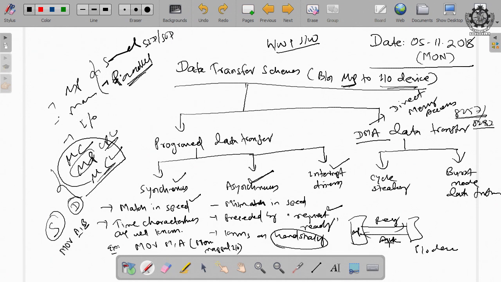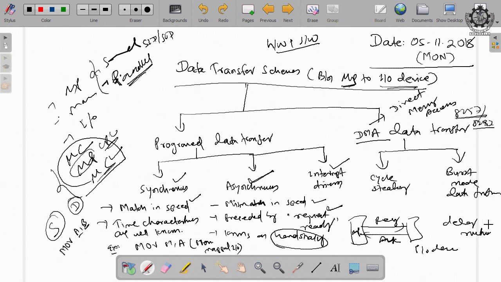Is it okay? Whenever the speed of two devices is not the same, we can go for asynchronous data transfer. But in asynchronous transfer, what happens? Whenever the device is not ready, the microprocessor has to wait for some time, and for this waiting you have to implement a delay routine. I think we have written a number of programs on how to consume microprocessor time.